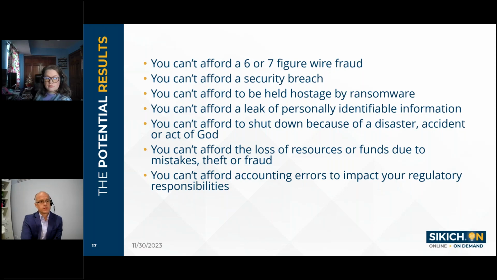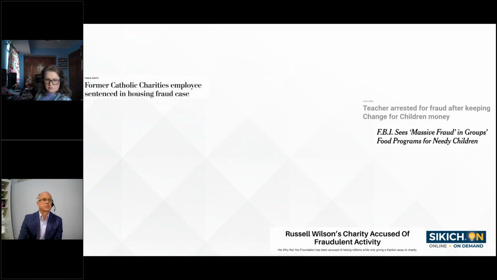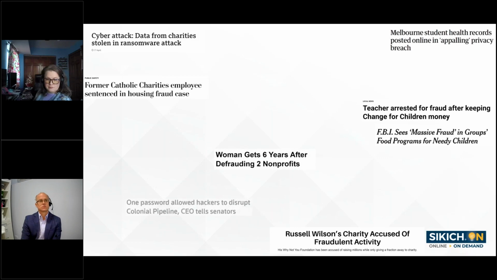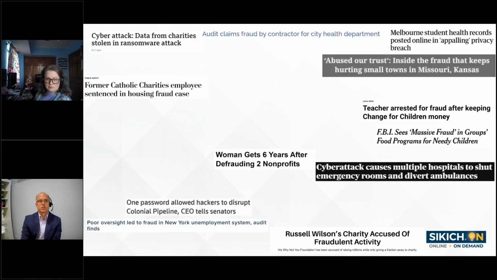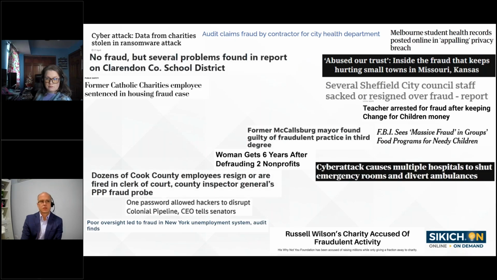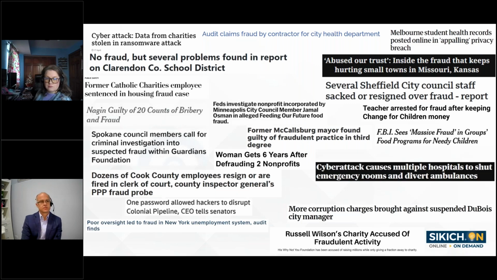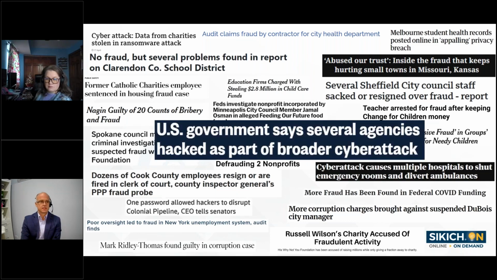But no matter how well-intentioned you are, villains are out there trying to undermine your stability. They're dressed in normal clothes, doing normal things until they're not. What's showing on the screen are recent examples I pulled from Google. These are impacted organizations of all shapes and sizes. Some may look similar to yours. Unfortunately, they're not the only examples. This slide could have gone on for a long time, but for the sake of time, I limited the list.